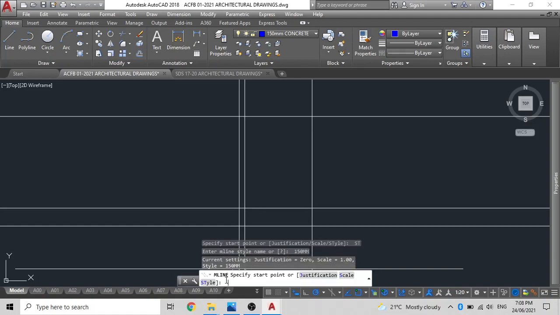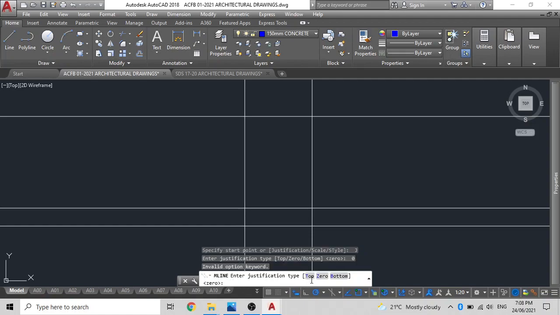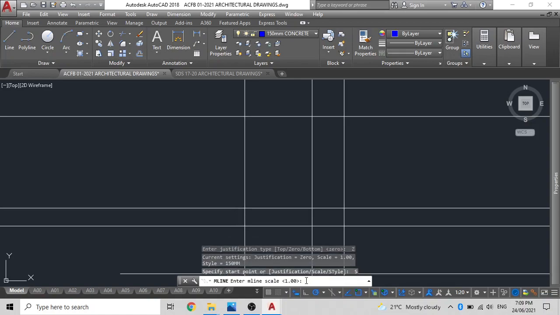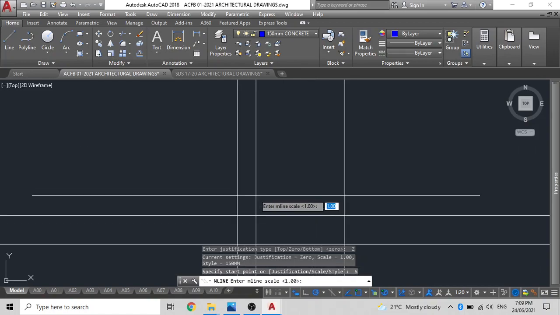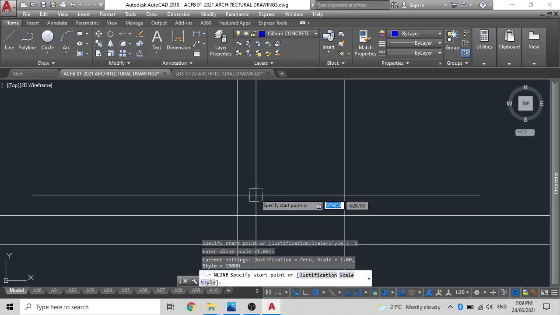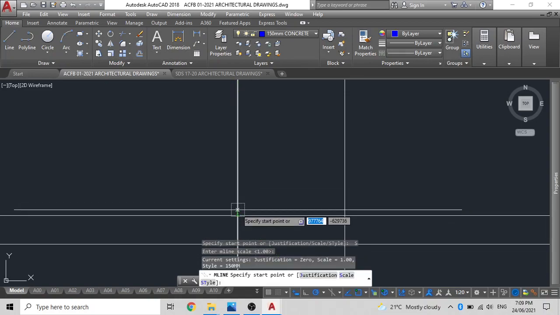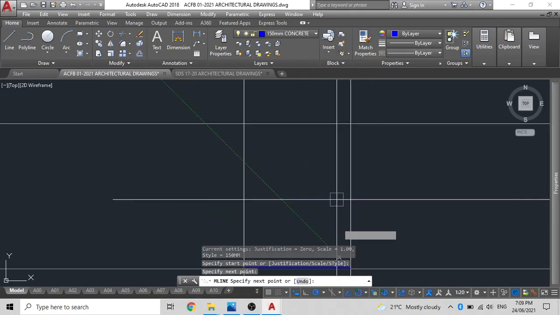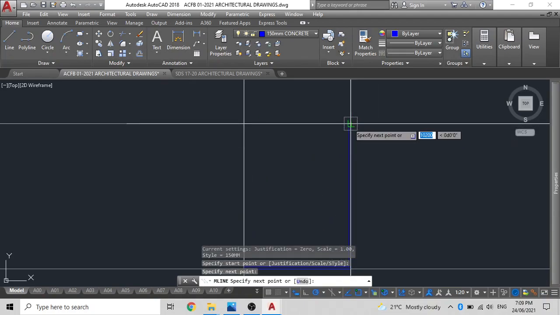Now the justification of this is to be 0. You just click on 0, and the scale to just be as it is, 1. If it's too huge, then you can adjust it accordingly. Usually the scale is between 1 and 2. So now that you have done your scale, press enter. What we will do is we will create the outer walls first. Remember, I have also set up my layers accordingly,